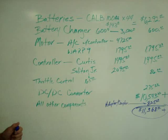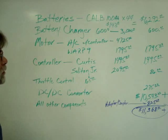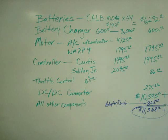Gauges. You're going to need a shunt. You may want a heater. Vehicle may have power brakes, power steering. There's no accommodation for wiring in here. We didn't list the wiring. That's double-aught fine strand welding cables, not cheap. It's like a couple bucks a foot. So